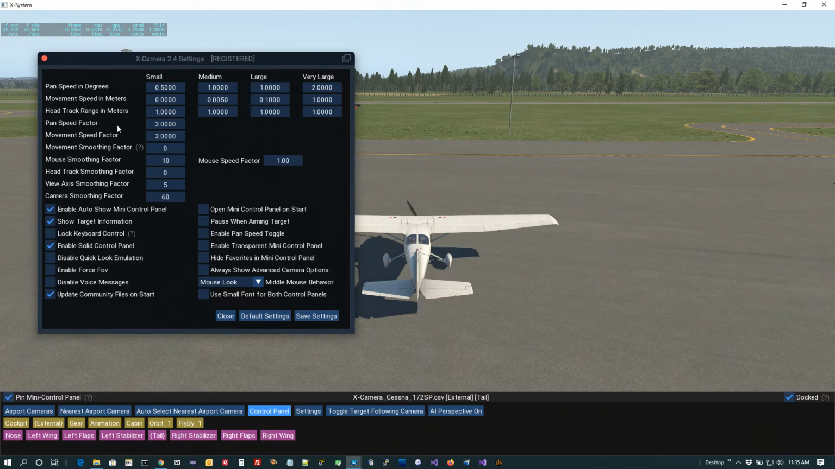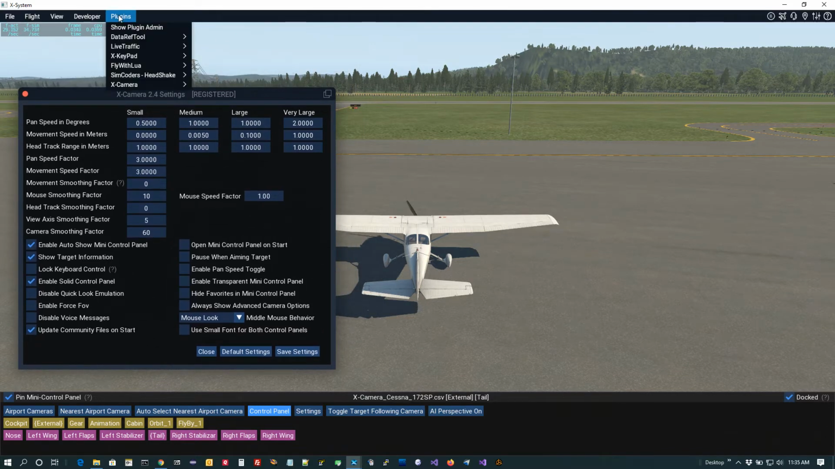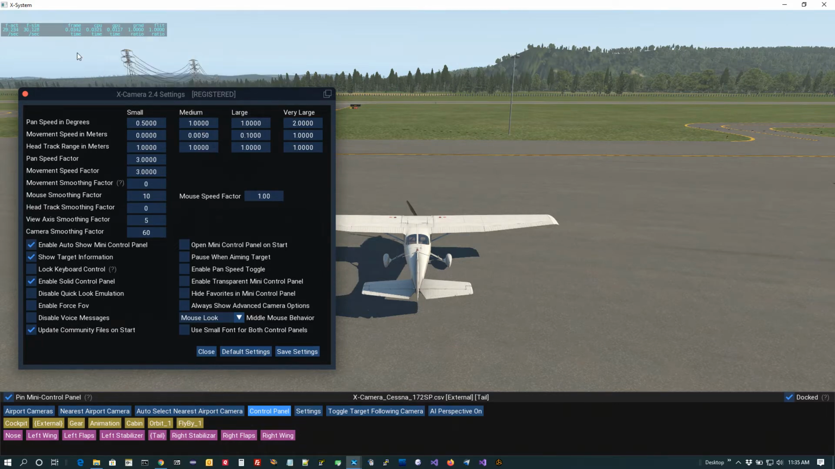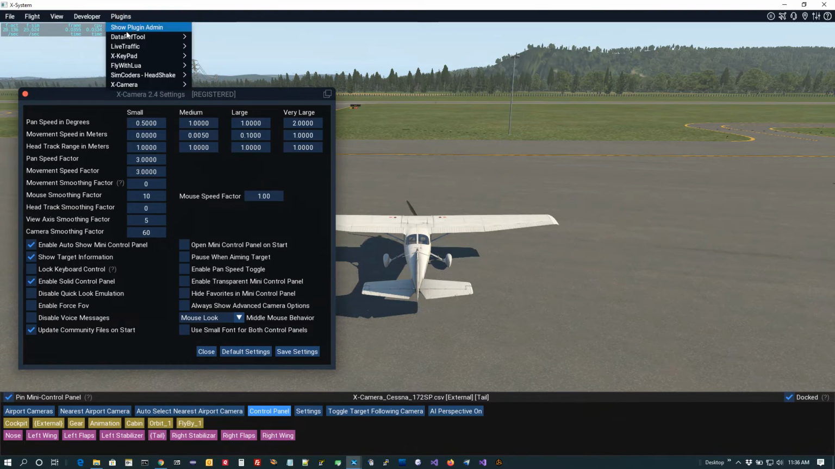Okay, let's talk about pan speed factor in X Camera. I think what I might do is actually bring up a cool tool here. I want to just divert a little bit. There is a tool that you can get, with a link to it in the X Camera user guide, called the DataRef Tool. This thing is fantastic for being able to see all the various commands that you can do in X-Plane and actually experiment with them, without having to constantly go in and map a key to it to see what it does. So I'm going to bring this DataRef Tool up,